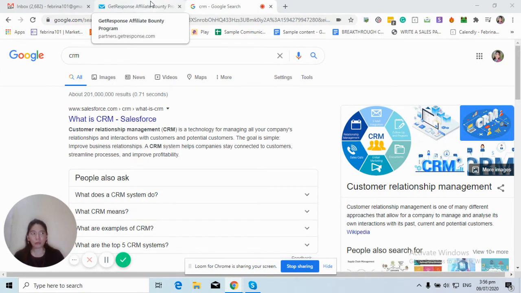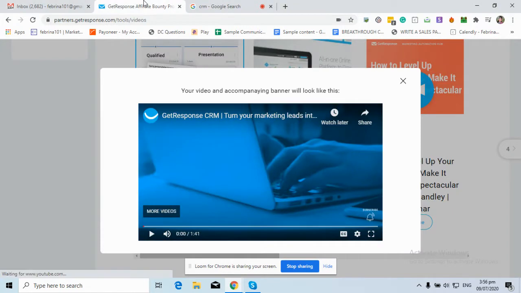Which means as you scale your business as an entrepreneur, you need a system to keep you organized because you are on the customer journey on the funnel. So you may have people that are not ready to purchase your products yet, so you have to segmentize them. This could be just a lead, this could be nurture, or this is ready to buy. So you need a proper system for that. A customer relationship management tool is a good tool to help you sort things out. And with that,